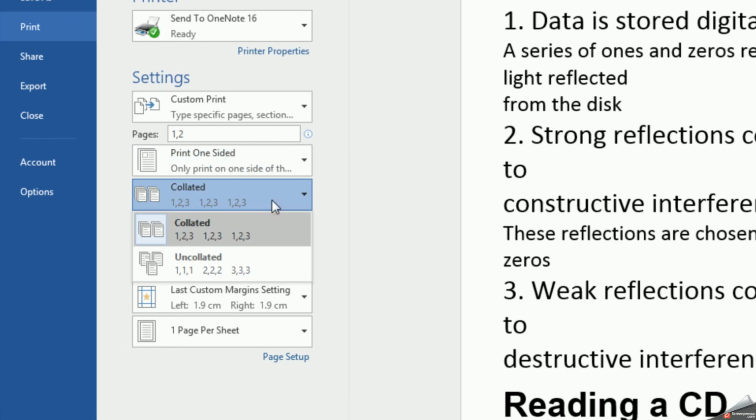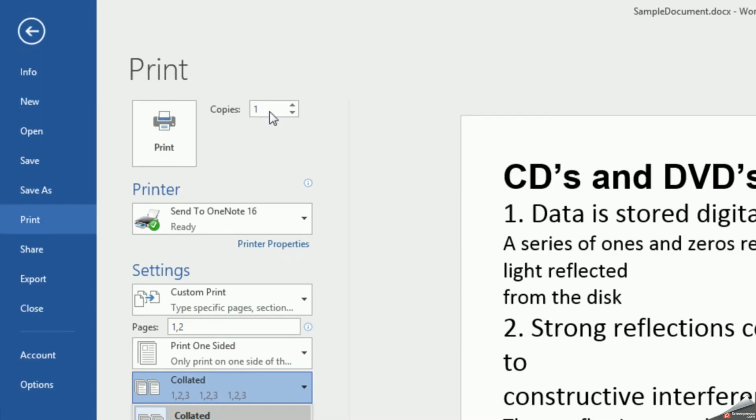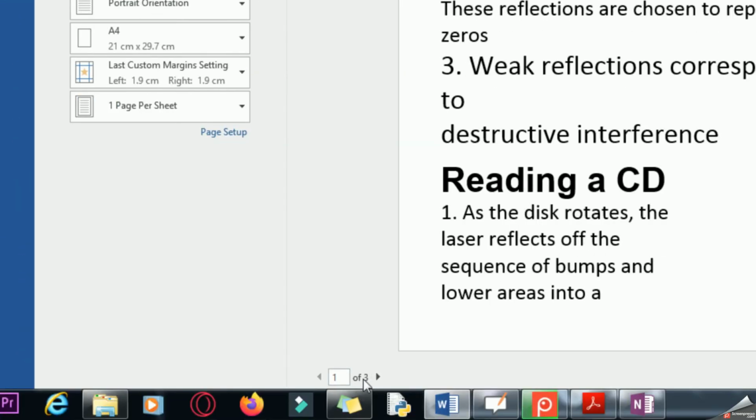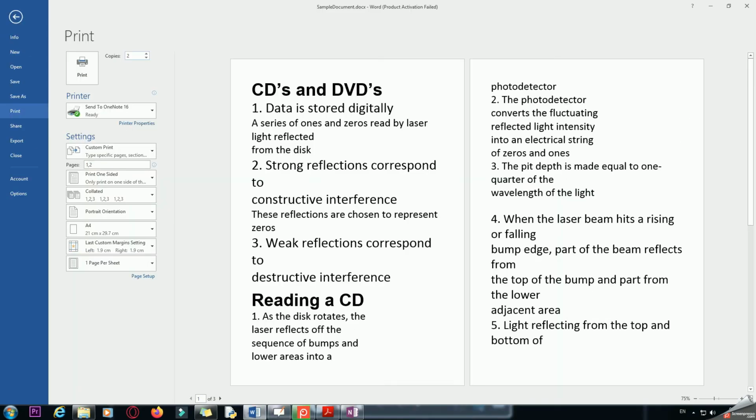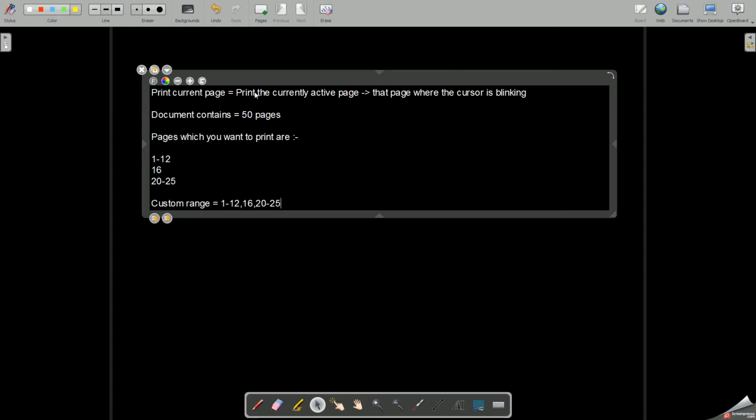Collated means you print it in this form: suppose you have 10 pages and you want more than 1 copy. As you can see over here, you can even provide copies of the pages. So say I give 2 copies, and because my document has 3 pages, it would be printed in this manner.